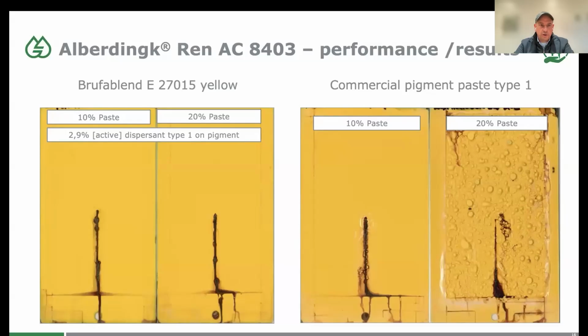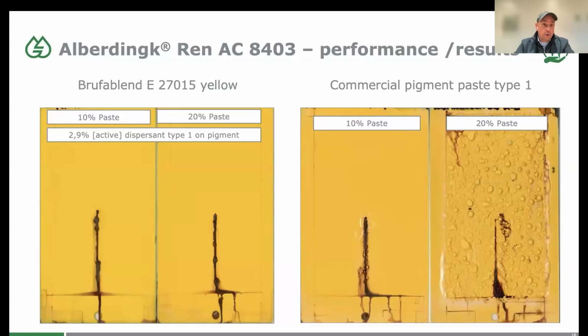So in this case, it's the Bruchsaler Farben. And you can see here the product Buchverband Yellow, where they achieve the RAL color with a minimum amount of organic pigment. So this yellow here contains a maximum amount of inorganic pigment. And that also explains why we only use 2.9% active dispersant on this pigment. And we're getting a fantastic, flawless corrosion protection after